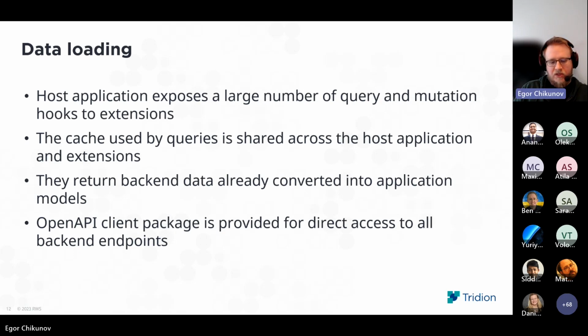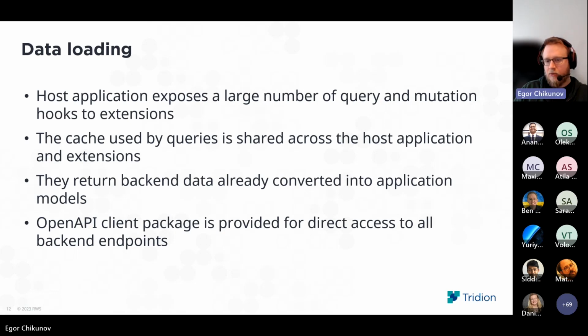Another important part is that the host application doesn't work directly with the models that are returned from the backend. The backend returns some DTOs, data transfer objects, bags of data, and we actually convert them into our own model structure. All of the query and mutation hooks already return data in this model, so you don't need to convert anything yourself. At the same time, we do provide an OpenAPI package, a separate package that you can use to